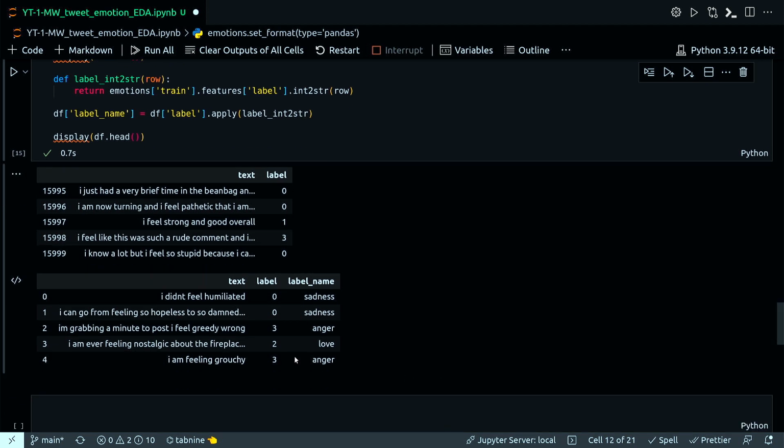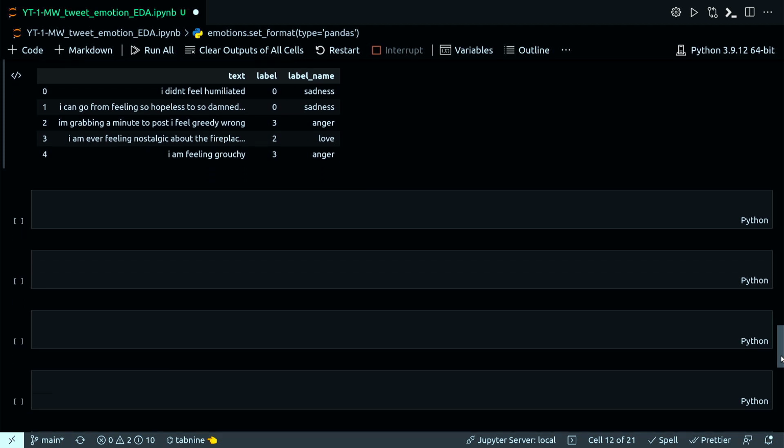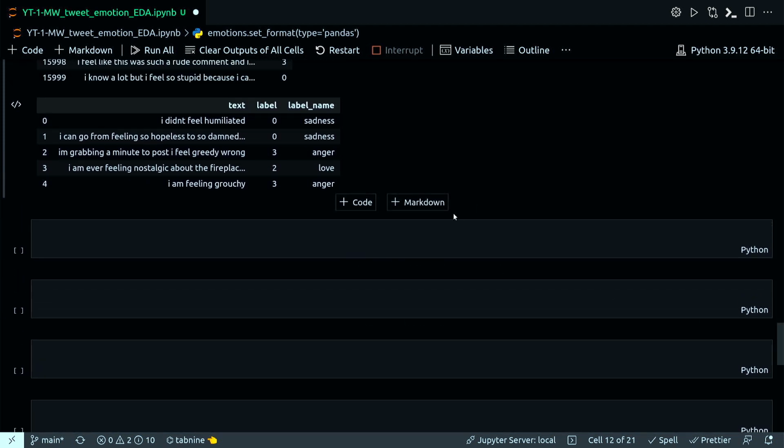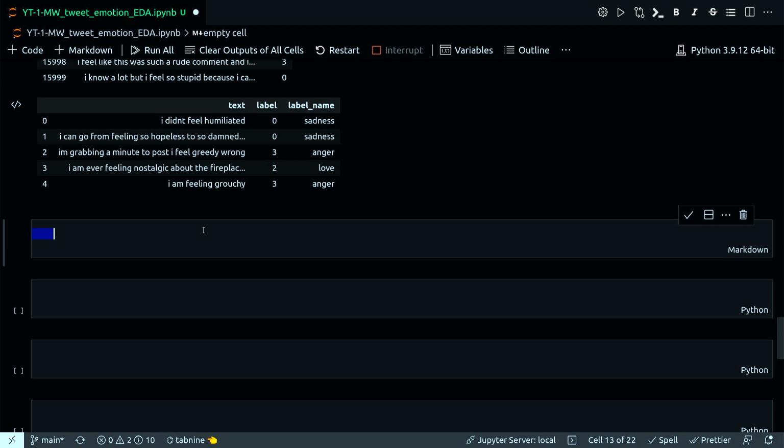this is my modified data frame with the new label name as a new column, and this is where I have the actual values of these various label indices. They're not indices, they're just the label number corresponding to each of these actual emotion texts. Okay, now I am going to check the class distribution of the label name with a simple frequency distribution